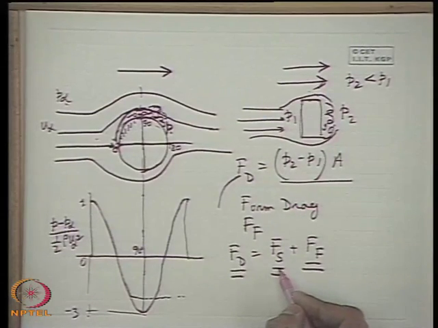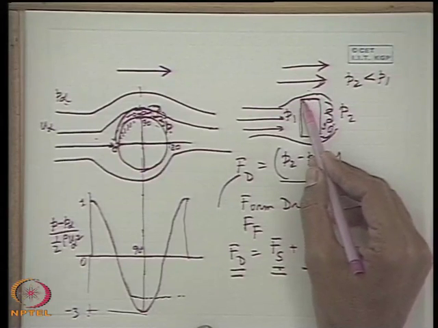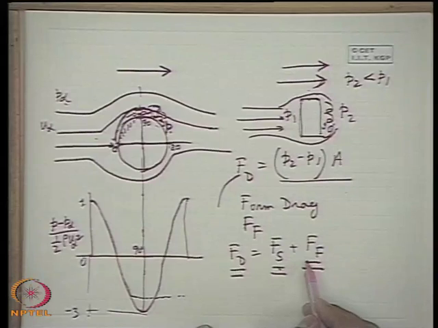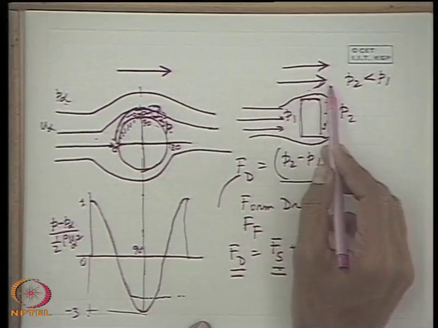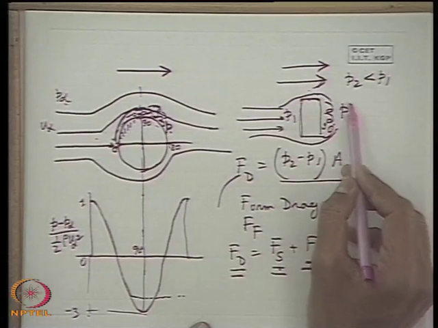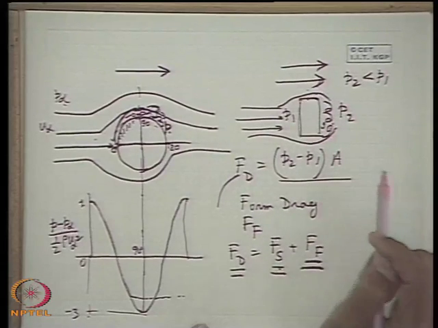One is the skin friction drag, which is because of the shear force between the fluid particles and the skin, that means the surface of the solids. Another is the form drag, which is the force acting on the body in the direction of the flow of the fluid because of boundary layer separation, which results in a reduction in pressure in the downstream part of the body from that of the upstream part.